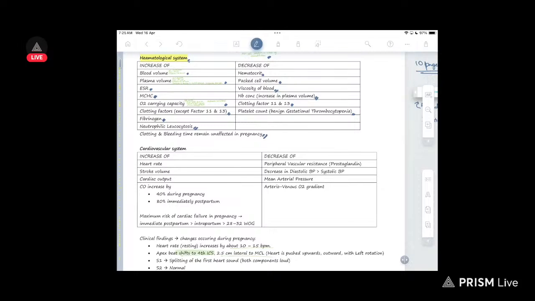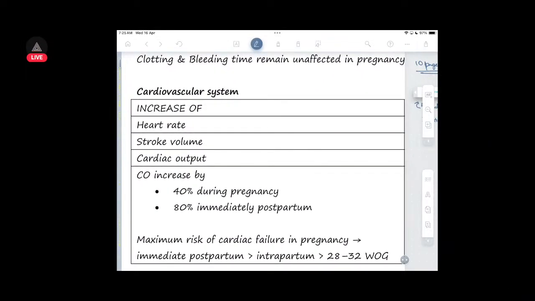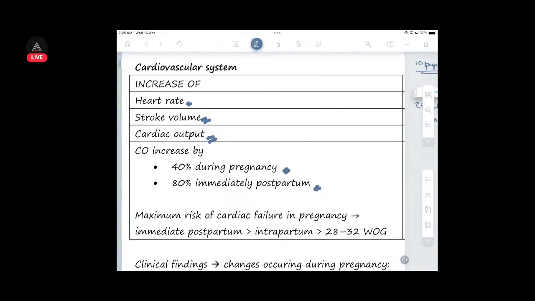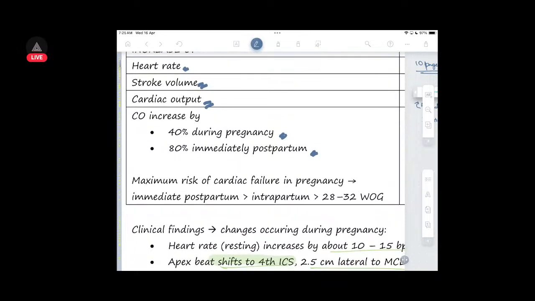Okay, cardiovascular system: there is an increase of heart rate, stroke volume, and cardiac output. Cardiac output will increase by 40% during pregnancy, 80% immediately postpartum. Maximum risk of failure, cardiac failure in pregnancy, is seen immediately postpartum, which is more than intrapartum, which is more than 28 to 32